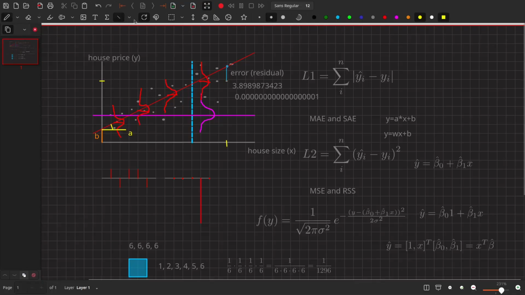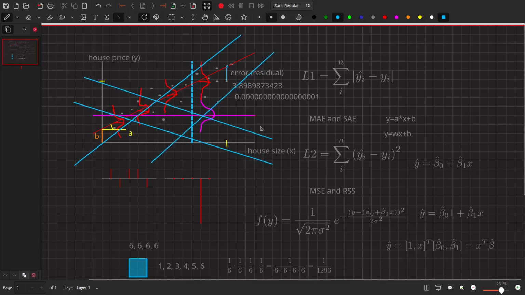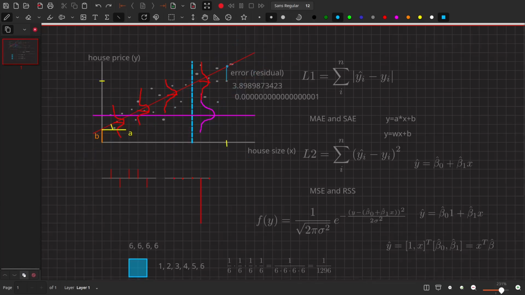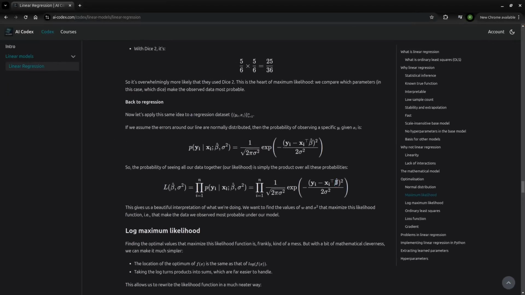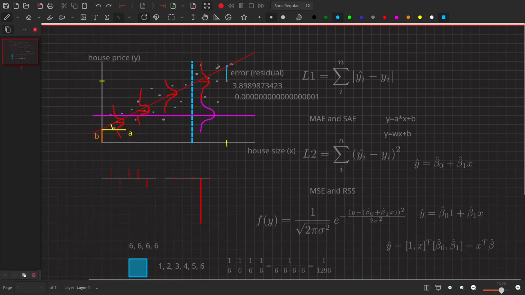Of course, we could also do this for the houses, where we draw many different lines, calculate the likelihood, and pick the best one. Of course, there's a better way of finding the best line instead of trial and error, but that's a story for another video. Now that we know all of this, we can finally make the push to get to our goal of this video, which is that we want to know if it's better to use the L1 loss or